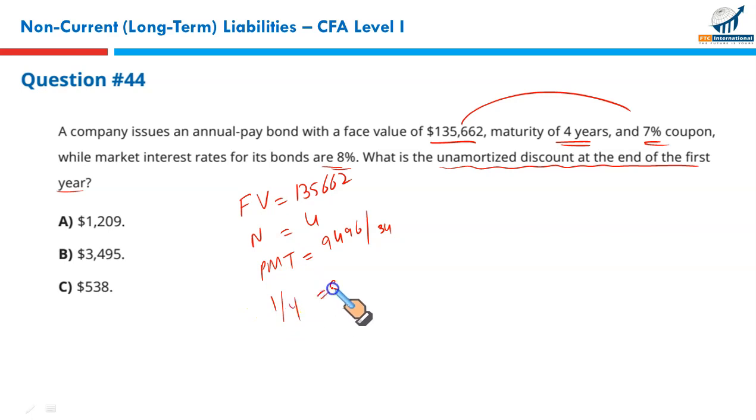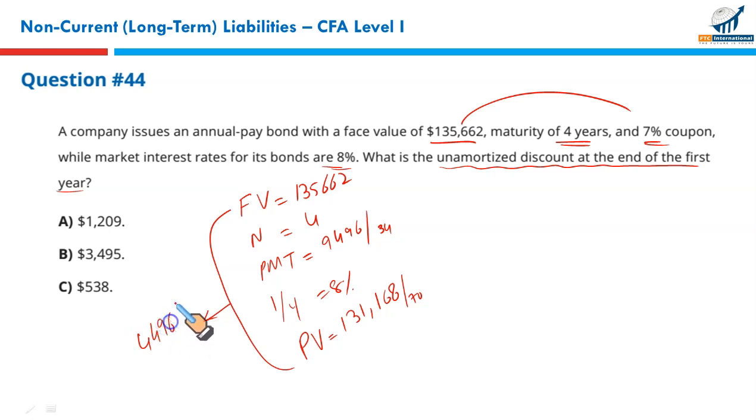Interest per period is 8%. If you plug in all these in your financial calculator, the present value of the bond would be 131,168.70. The difference between the face value and the present value is the discount on bond issue, and these two numbers differ by 4,496.34. Okay, now